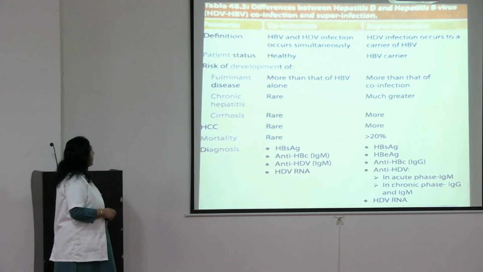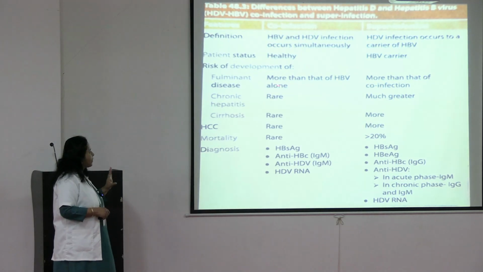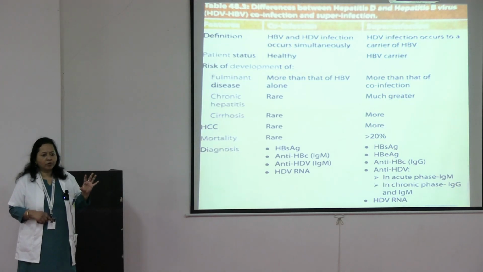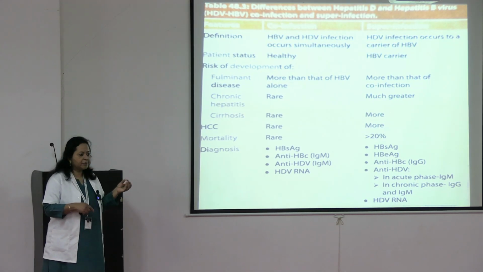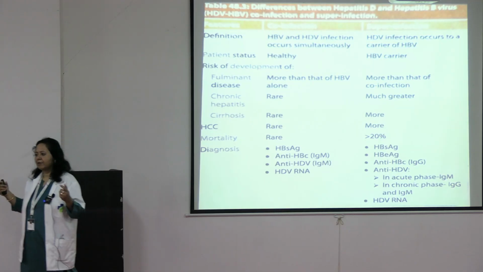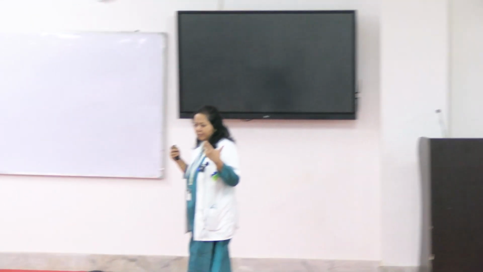Next is risk of development of all these. What are the risks? Fulminant is more than that of HBV. ठीक है? अगर HBV fulminant मतलब is bad, right? मतलब इसका course of prognosis is bad. Fulminant, अगर only HBV है, उससे खराब है HBV and HDV साथ में रहना. Do you get it? Please, you have to put your attention here, full attention, or else you will lose track. एक बार भी इधर उधर चला गया, you will lose track.